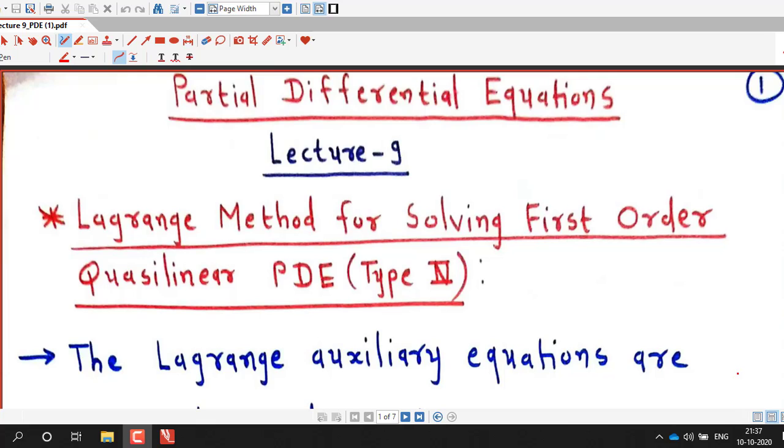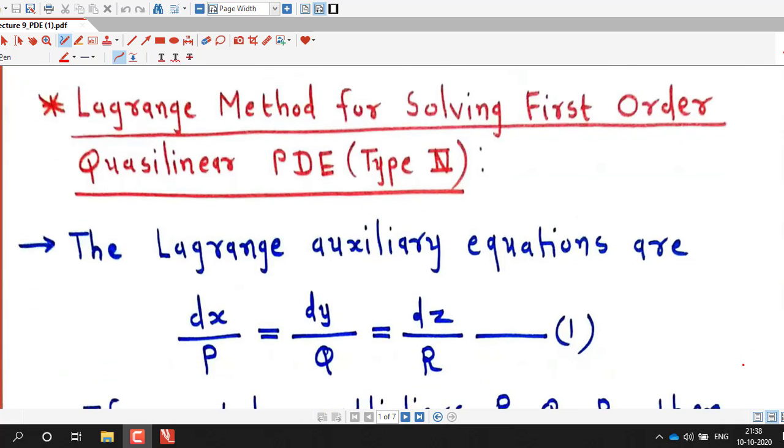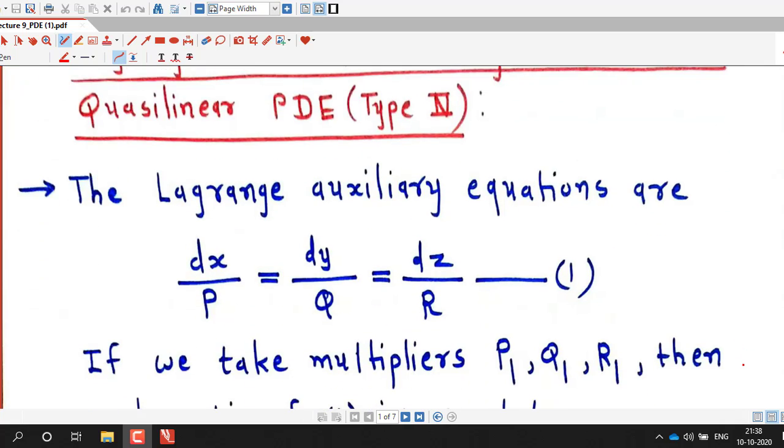Differential equations. Today we are going to discuss the last type of solving Lagrange auxiliary equations. So in this last type we will consider those type of problems in which we are not able to find out multipliers P1, Q1, R1 such that we obtain 0 in the denominator as we have seen in the last lecture. So in those type of equations we will try to generate new fractions by selecting multipliers